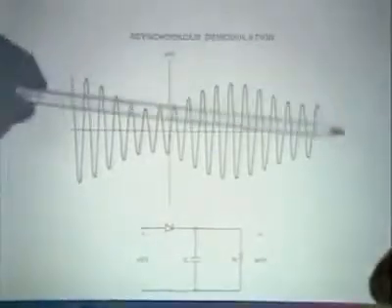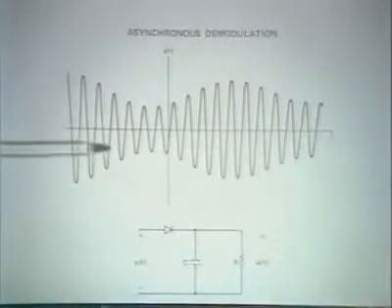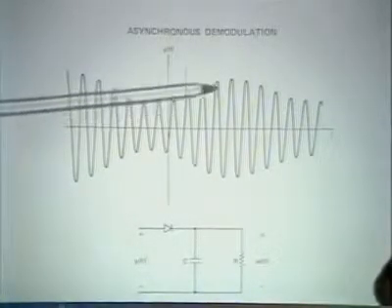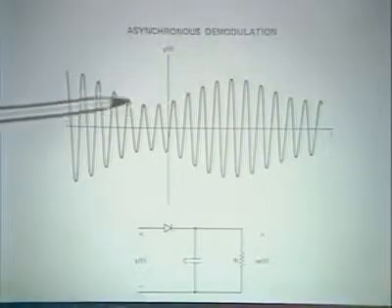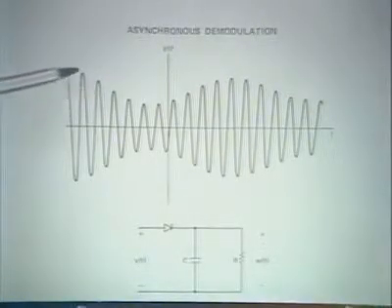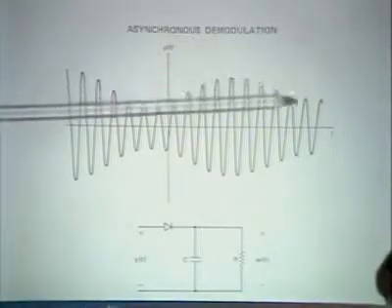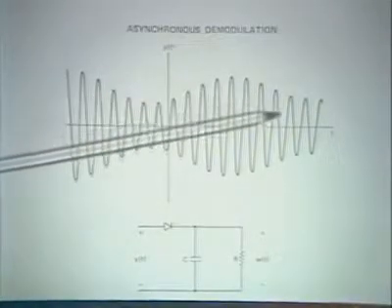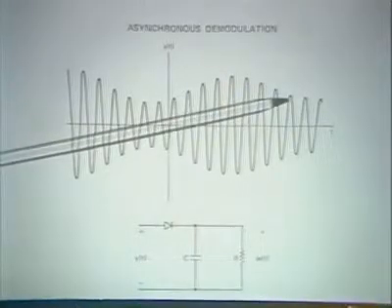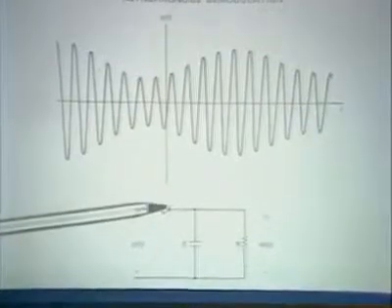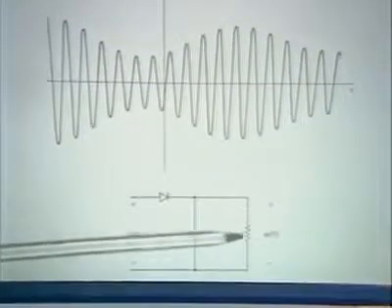So if we look at the amplitude modulated waveform, it might typically look as I indicate here. And what we're trying to get back is the envelope. Well, one could imagine building a circuit or designing a device which in some sense will track the envelope. And in fact, a common circuit to do that is a fairly simple circuit consisting of a diode and a resistor and capacitor in